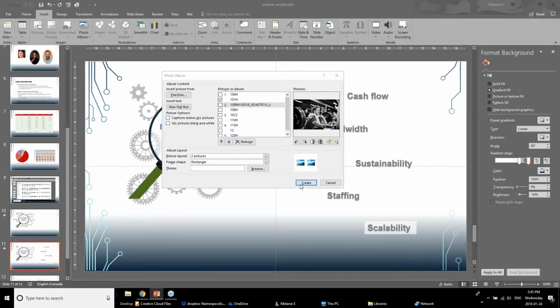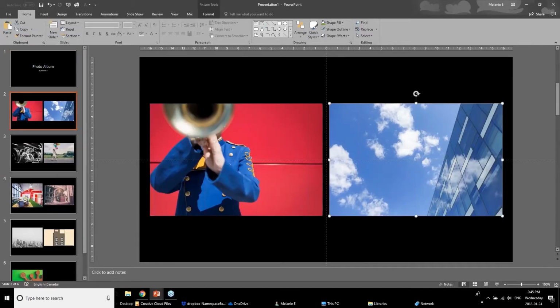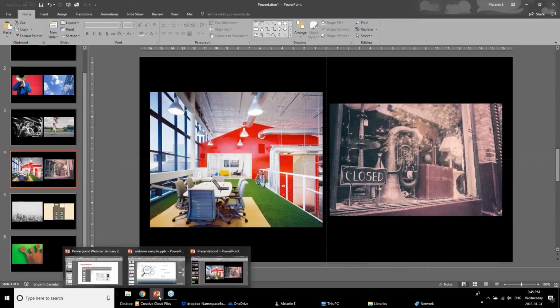It's just going to take a little moment to do its business, and you'll see it generates a photo album. And from there, like I said, I can go in and do all my formatting. But like I said, it's a totally new file. But if you were, again, for a family event or employee event, sales event, if you had lots and lots of pictures